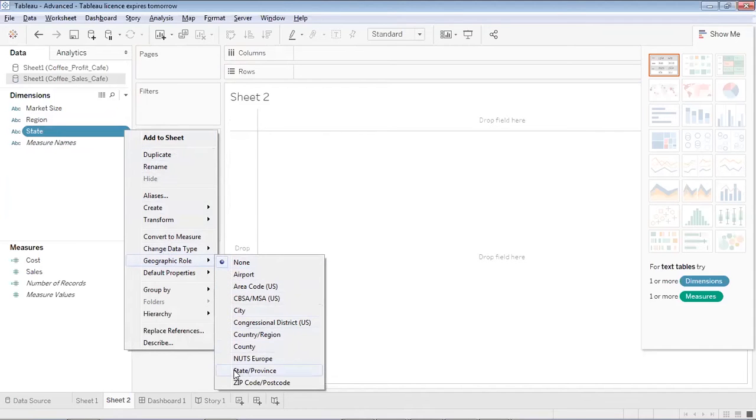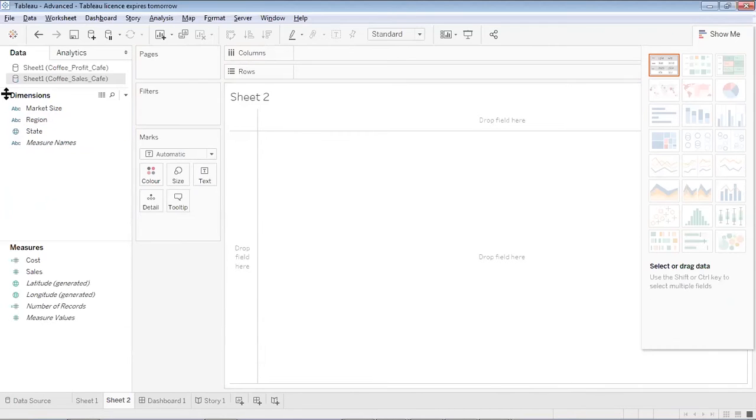I'll select the option of state and province. From here, I'll convert this field into geotype. When I do this, you will see that the ABC written over here has been converted into a globe sign, which shows that I have converted this field from the data type string to a geo data type.